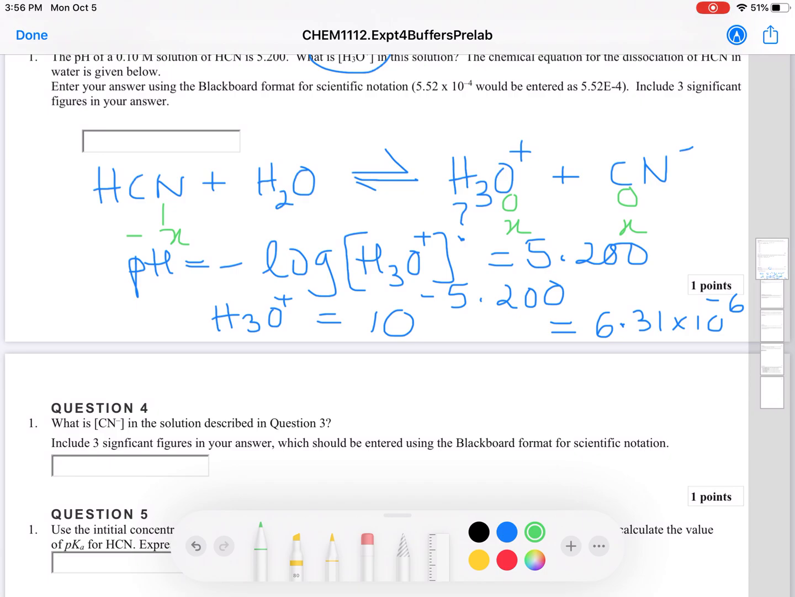Since we know the amount of hydronium ion, your cyanide concentration is also going to be the same, 6.31 times 10 to the negative 6. Also make sure that when you write down your answer on the blackboard, you put it in the proper format: 6.31, and without any spaces, you put E negative 6. So it's going to be the same amount. Okay,